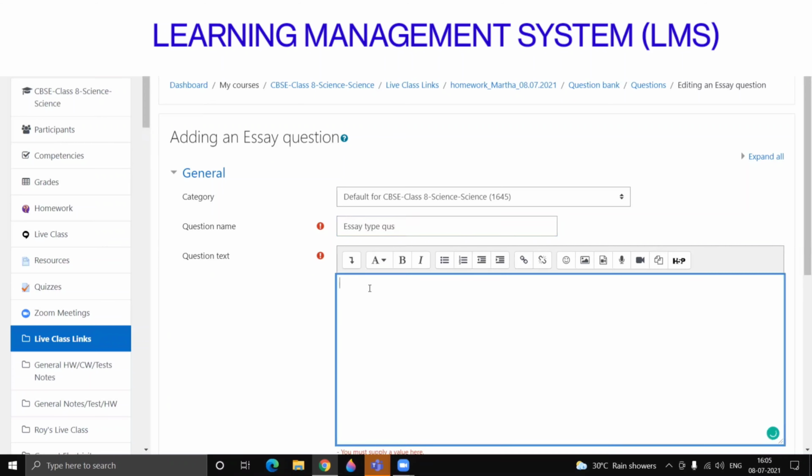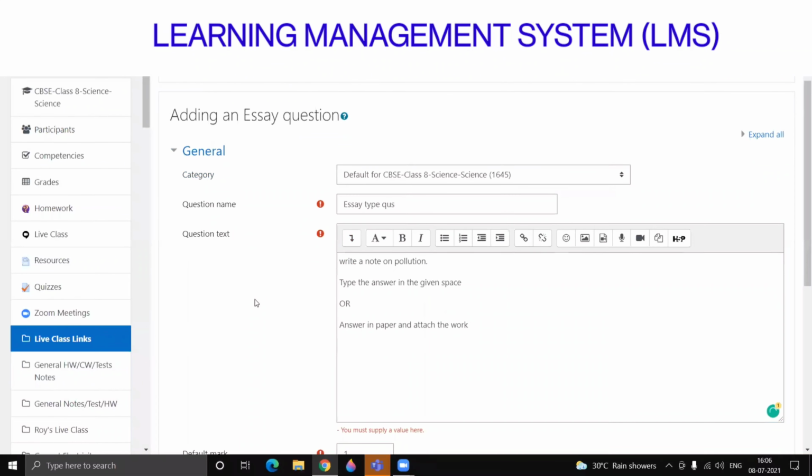Then I'm going to add my questions. I say, write a note on pollution. So that is the teacher. Teacher is going to now give an instruction to say, type the answer in the given space. So that means the teacher is going to allow the child to either type it or answer on paper and attach the work.